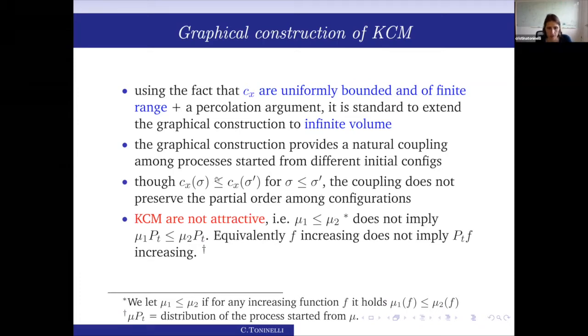The point, which goes back to what I was saying initially, is that this coupling, and no other coupling in fact, preserves the partial order among configurations. In the sense that if I take two configurations which are partially ordered in the usual sense, that sigma is smaller than sigma prime if for every site in which sigma is equal to 0, also sigma prime is 0,